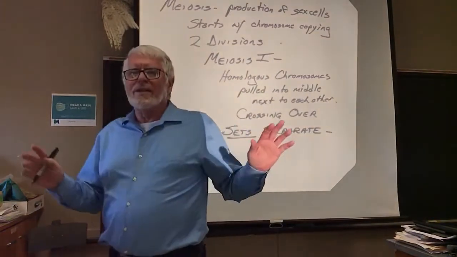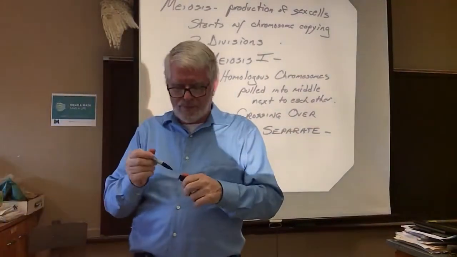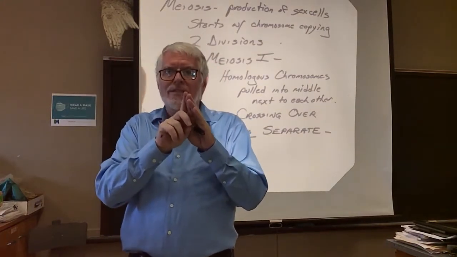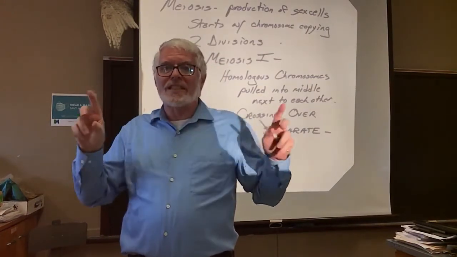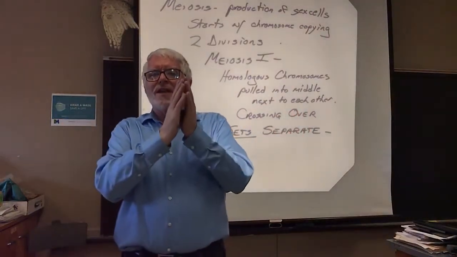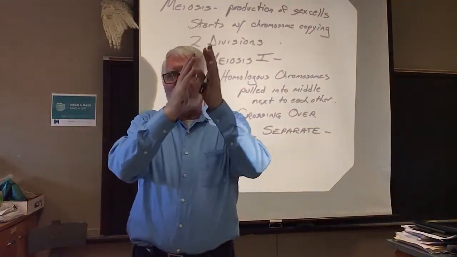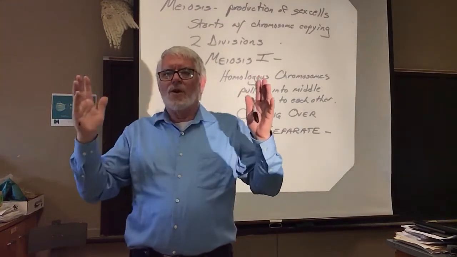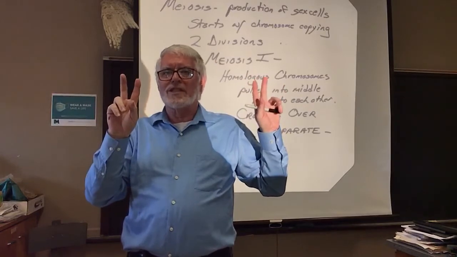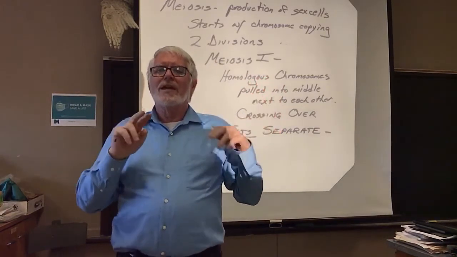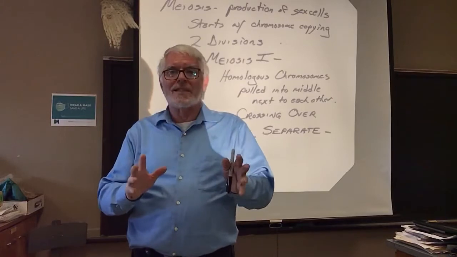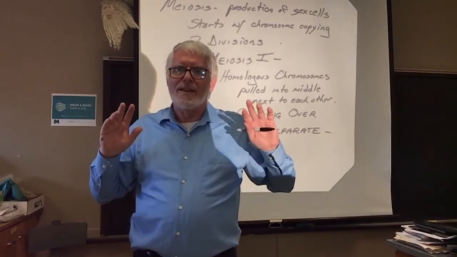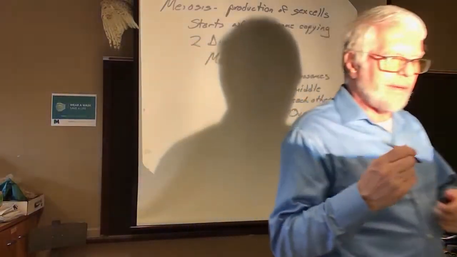So in Meiosis I, the sets get pulled together next to each other, hang out there, cross over. And during anaphase, the copies don't separate, the sets do. So in humans, we've got 23 matched with 23, duplicates attached to duplicates, and the sets go away, but each of the chromosomes is still a duplicate attached to a duplicate. So in Meiosis I, that's the big difference. The division separates sets, and then you go from there. In Meiosis II,